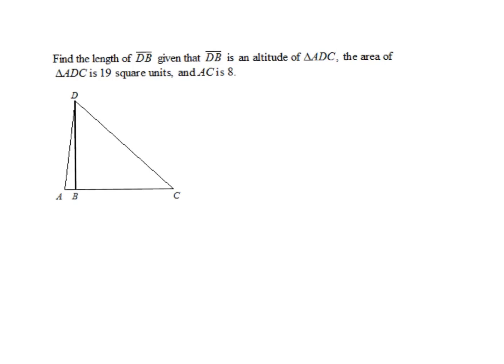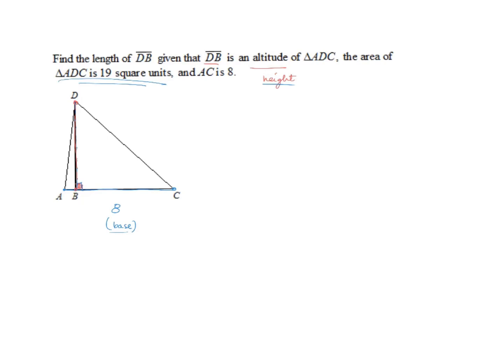It starts off with an altitude, which is the best way to measure the height of a triangle. So the fact that they say DB is an altitude, they're basically referring to the height of a triangle. And they tell you AC is 8, and because the altitude is perpendicular to AC, that makes AC the base. And then if we look at height and base, and they're giving us the area,